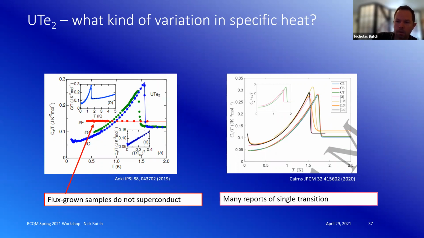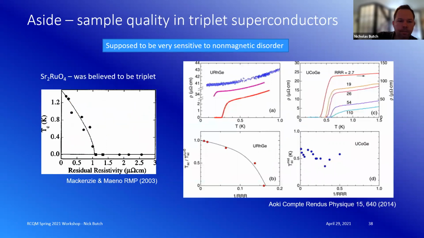All right, now I also want to mention that a contentious point is the specific heat jump. I said there's two. Not everybody agrees. Well, for one thing, if you make the material by the flux growth technique, you don't get any superconductivity at all. In that case, we can at least correlate that with relatively high residual resistivity and say, okay, maybe that's just due to disorder. But the mechanism is not actually well understood. But up until fairly recently, the University of Maryland was the only group that actually identified a double transition.